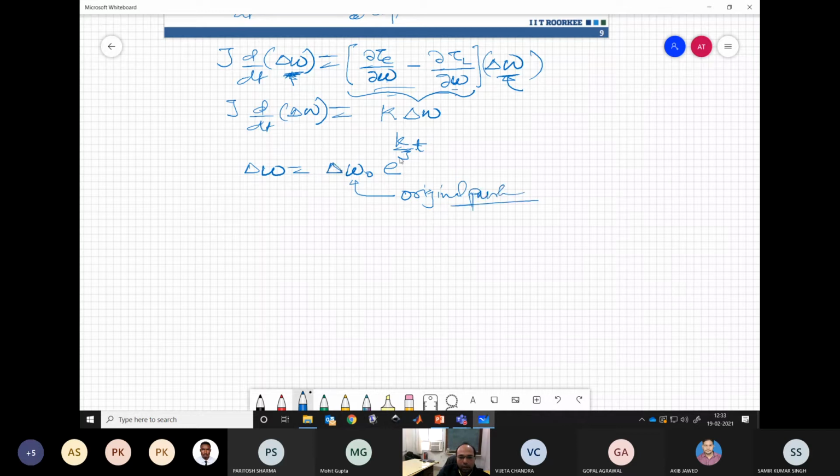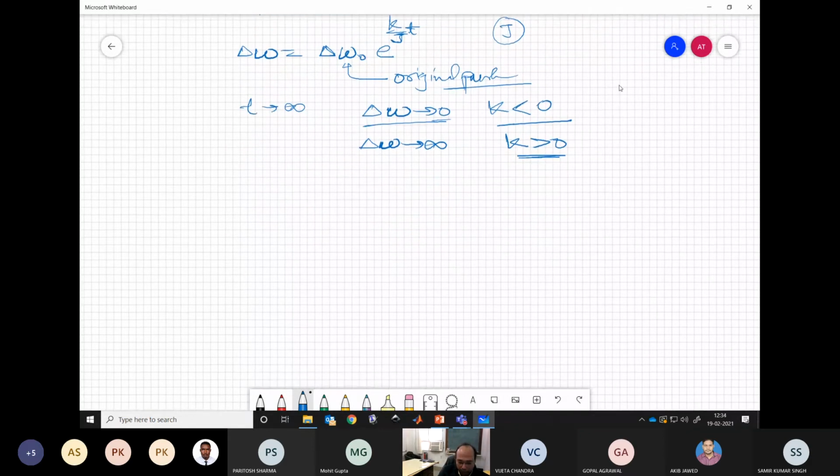Now we can see clearly the exponential term will reach 0, which means delta omega tending to 0, only if the k is negative. Because j is a fixed quantity, we cannot do anything about that. So k is the quantity where we are putting up things. And delta omega will reach infinity when k is greater than 0. Which means what? These are the stable and unstable conditions for the load and